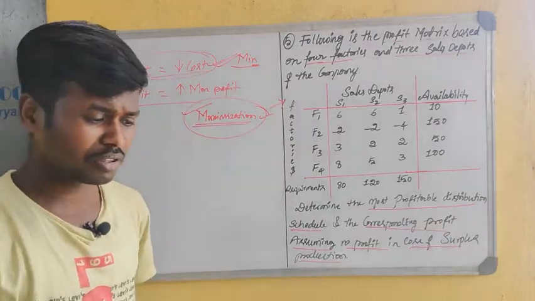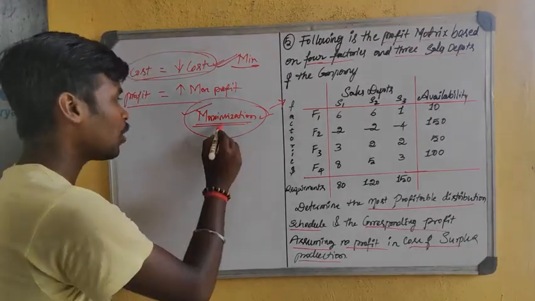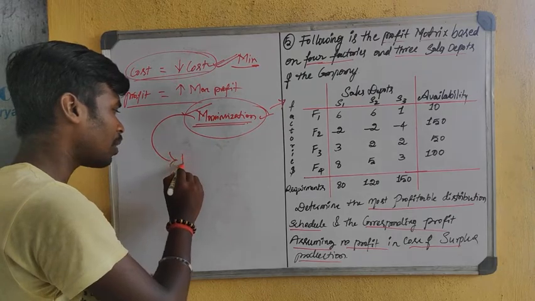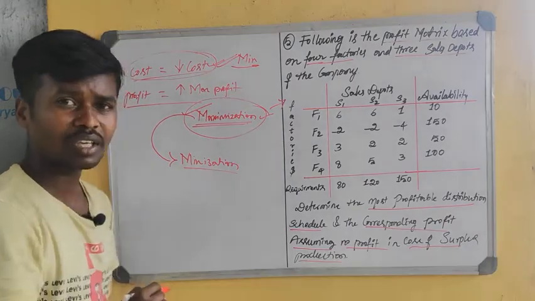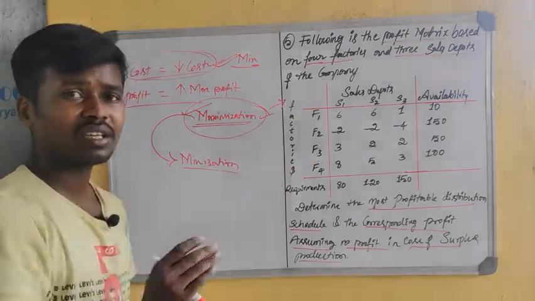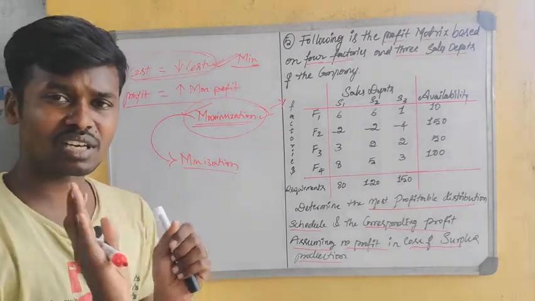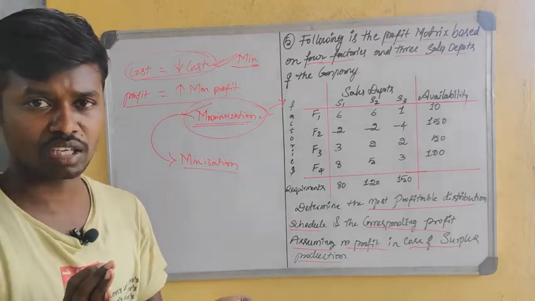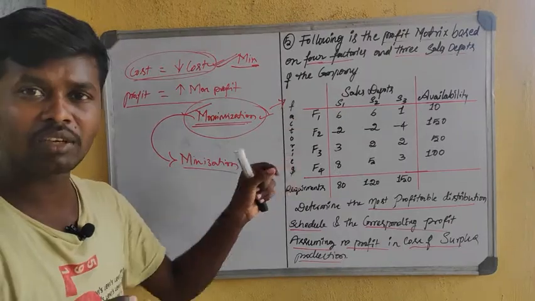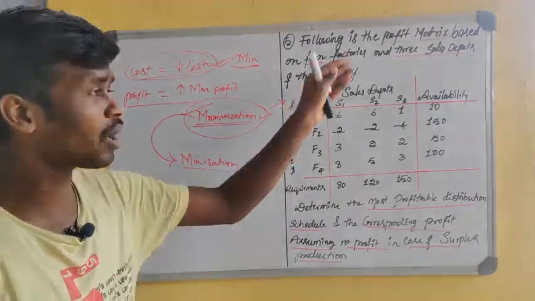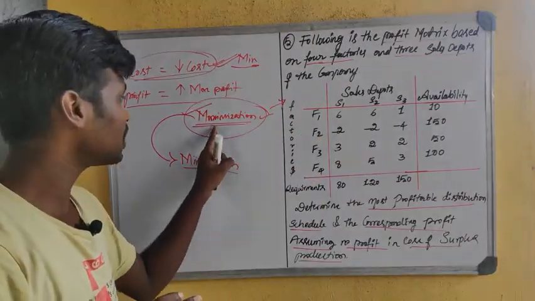But in this illustration they have given the profit related information, so this will be called a maximization problem. If a maximization problem is given, the first step is to convert this maximization problem into a minimization problem. If they have directly given the cost information, then we apply the related method, either the least cost method, Vogel's approximation method or northwest corner method. Here we have to apply Vogel's method, but the problem is given as maximization, with profit information.